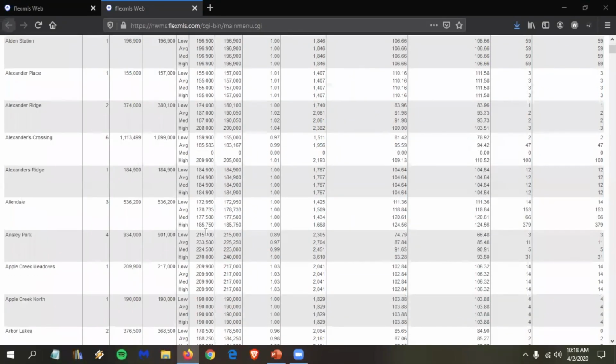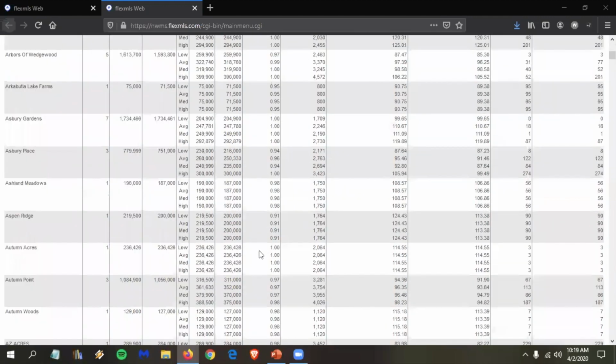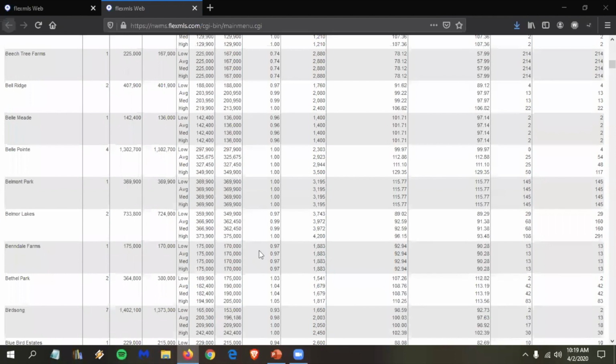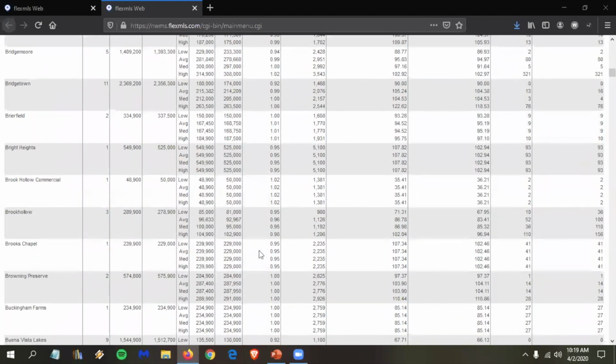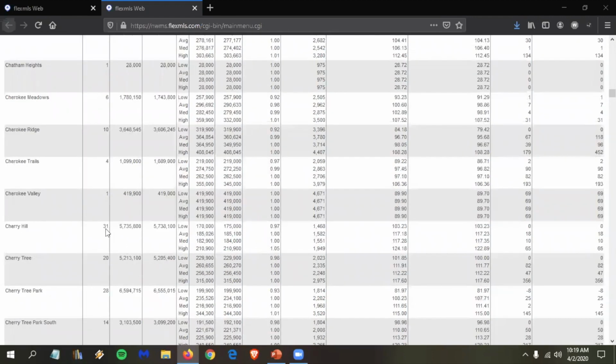And we'll keep going. Let's see if we can find one that has even more than 14. I'm assuming the Cherry area, we're going to have something a bit more. Okay, we have Cherry Hill has 31, so that's some great information. Now, why is this important? Well, when I was the MLS instructor in Prescott, I had one of my members who would come to me and take all my classes, and he was a new member. And so one thing that he decided to do is he didn't have any clients yet. So he wanted to find out the hot areas. So he had me teach him how to do this, and he would look at the 2 or 3 top